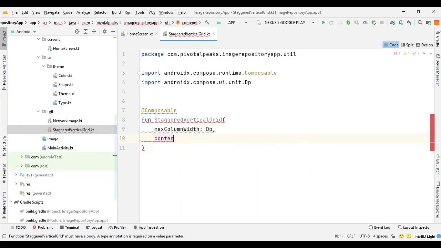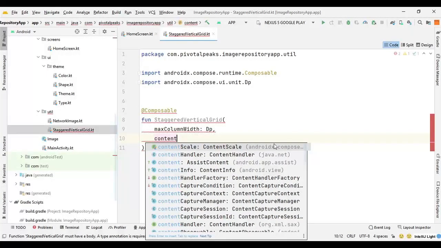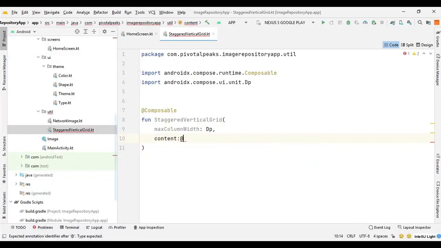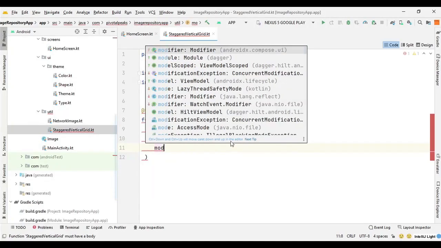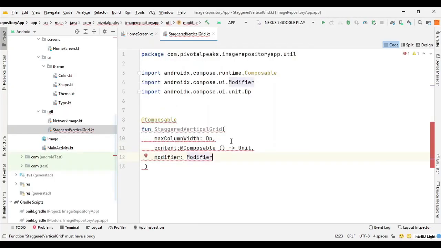So we can say content, which is going to be of type composable. So we can say at composable, provide the unit, and then we need the modifier as well. So we can say modifier equals modifier.